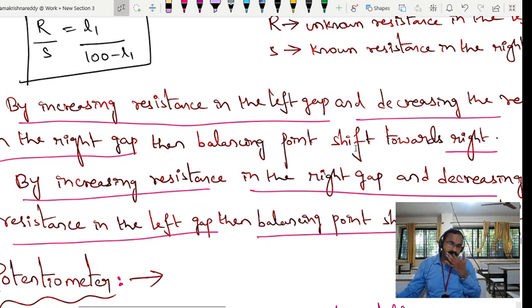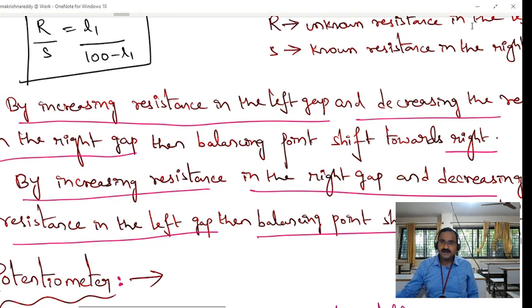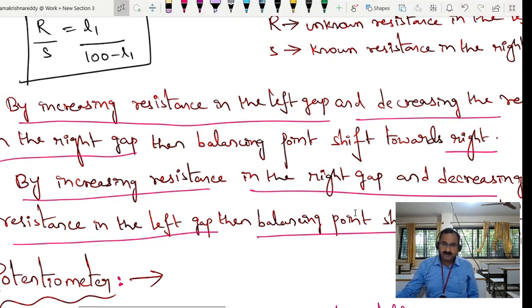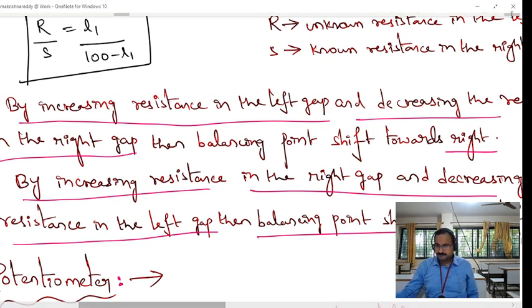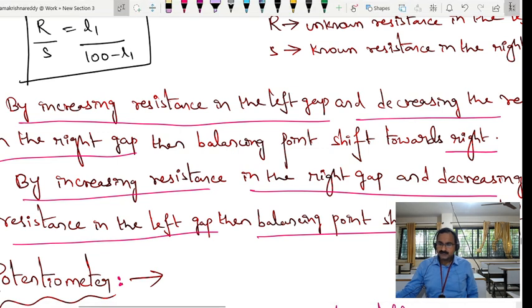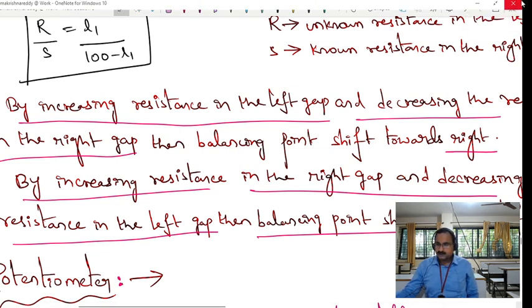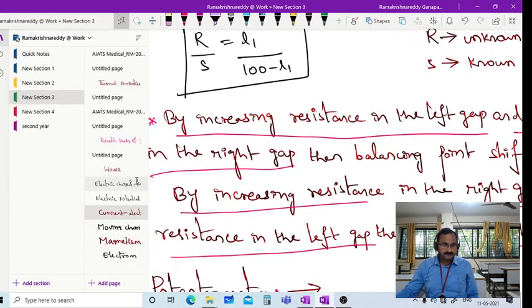It is only a small topic we are discussing, because previous problems also have to be solved. Many questions are there, so concepts we are taking and solving a number of problems daily. Then we will get an idea how they are asking the questions in previous examinations. Next class we will discuss the potentiometer, the main topic. With that we will complete that part. The remaining part we completed here, meter bridge only.